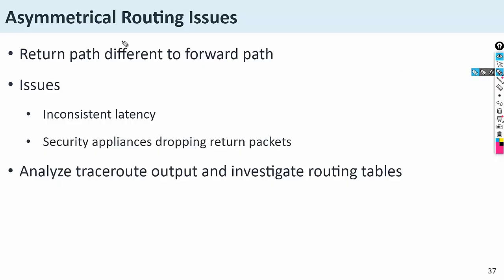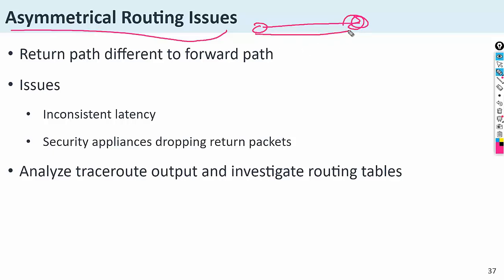Another is an asymmetrical routing issue. Asymmetric routing issue means when you are sending a packet, there is a forwarding path, but there is no return path. Forwarding path is there but not a return path, so it is called an asymmetric routing issue. In the previous session, when I was giving the entry and sending the packet, it was not coming back. The reason is this router doesn't have the